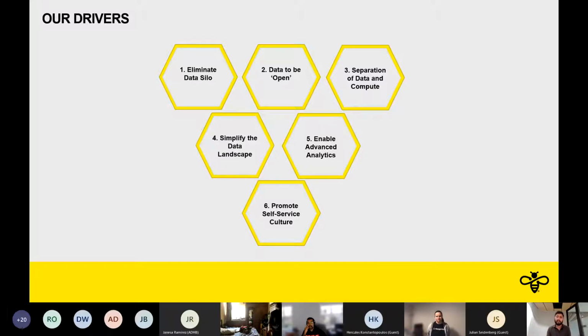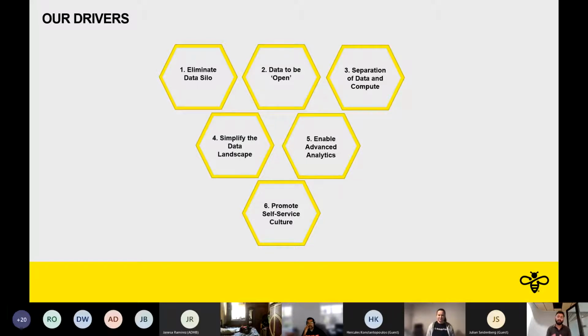Number 4 is every architect's dream. We want a simple data landscape that can do everything, right? And that was one of our drivers as well. Enabling advanced analytics was a no-brainer because the use cases we had needed feature engineering, machine learning, and MLOps. And the 6th point, this is in no order of priority, actually should have been number 1, because we wanted to get the data to the stakeholders who want to look at it, as opposed to them raising a ticket to IT to get to a data set.